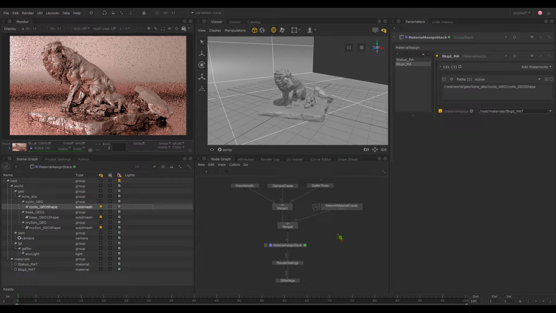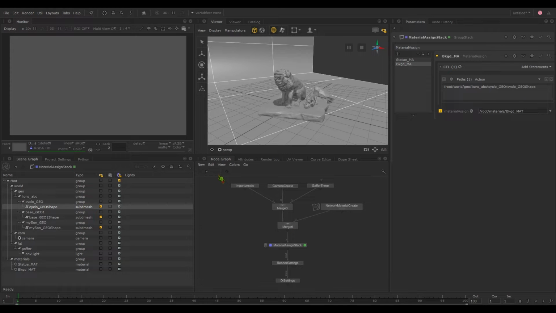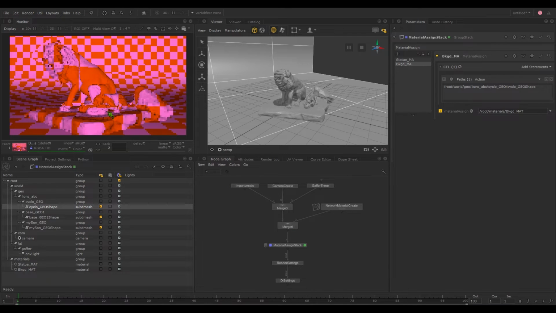trunk. So now we just need to create our actual materials. This live render won't update yet because we've done so many changes. So we actually have to right click under DL settings, do live render again, and after a few seconds, now we can see that everything is connected. There are materials and there are material assigns, but we haven't actually added the materials to the material network create